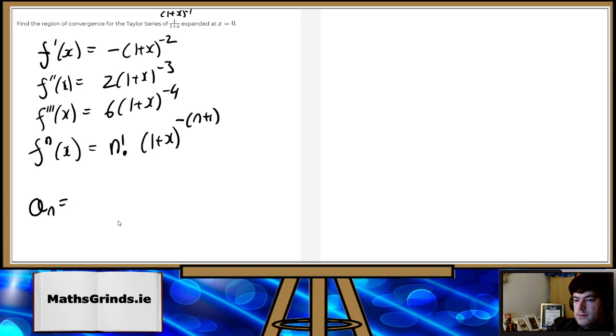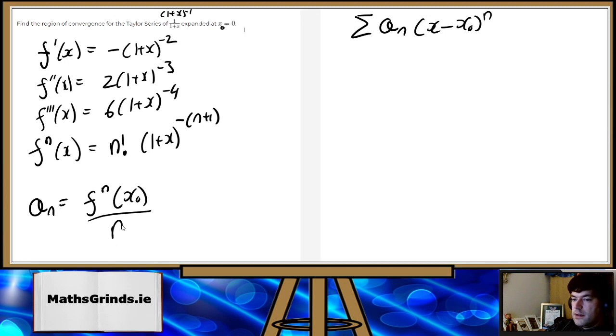So an, that's going to be f, and this is where the Taylor series is the sum of an. Maybe I shouldn't be using a. Okay, yeah, I'll use a, and I'll say it's expanded at x0. Maybe I should change that to an x0. X minus x0 power n, and an is the nth derivative at x0 over n factorial,